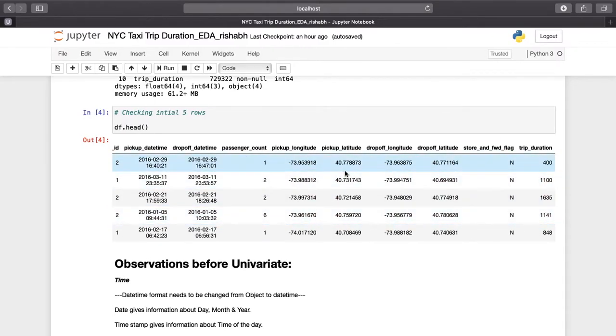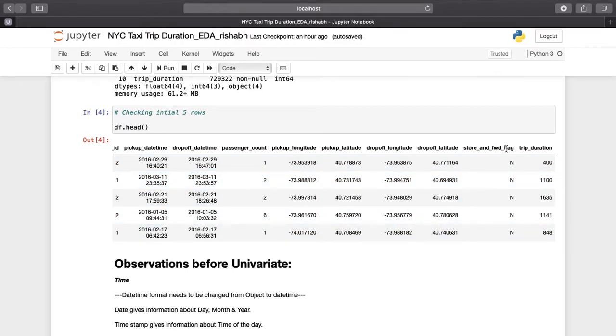Pickup longitude and latitude are geographical coordinates, and basically without employing them together I cannot do much about it. Same thing with drop off longitude and latitude. If there is a way by which I can create these two points and see a distance between them, this could give me a new column of distance. That could be helpful, because that way we could map all these entries within New York and see which are the areas having heavy density and everything. We'll see later on if we can do this.